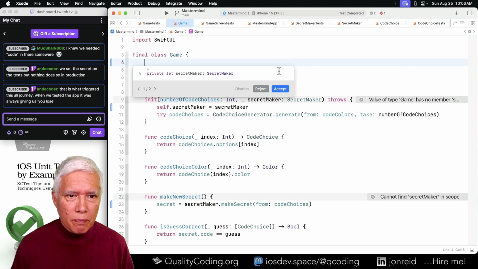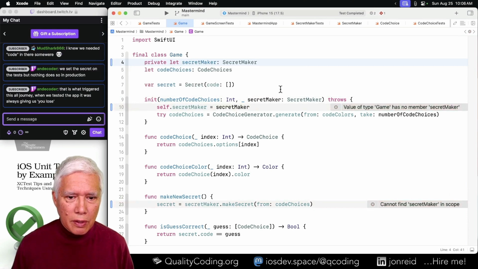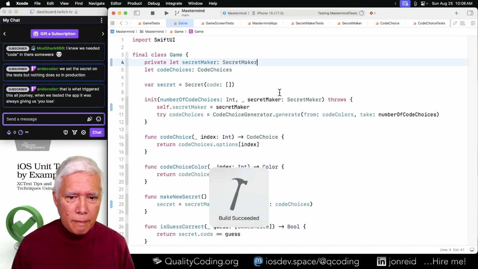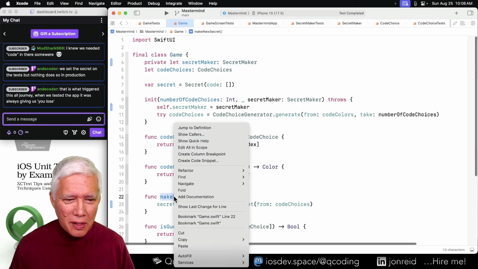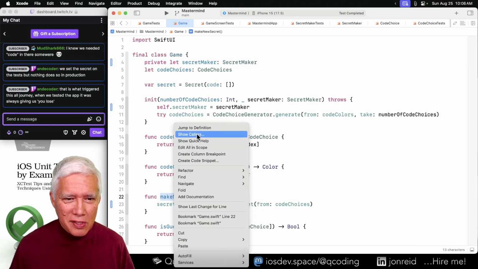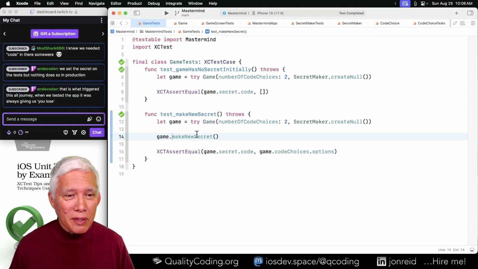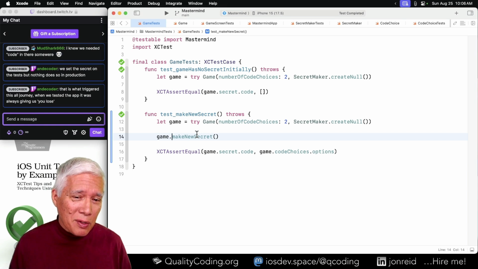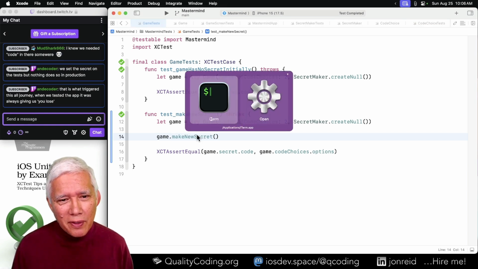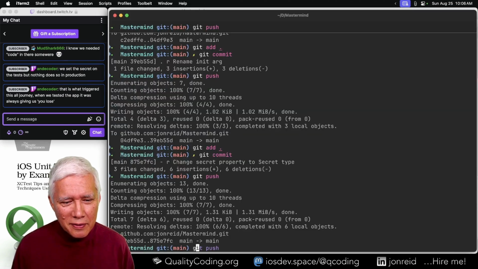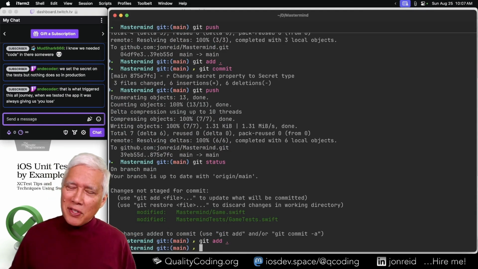Let's make sure that looks good. That looks good. Hooray! As far as I know, nothing is calling this except for our test. Yep. But hooray! Now with correct types, if you ask the game, make a new secret, it will get a new secret. Woo! I feel myself exhaling because that was